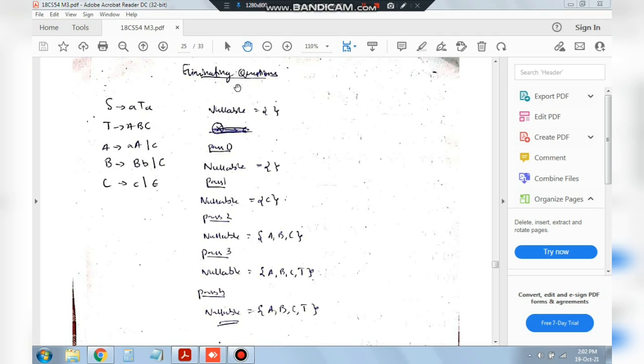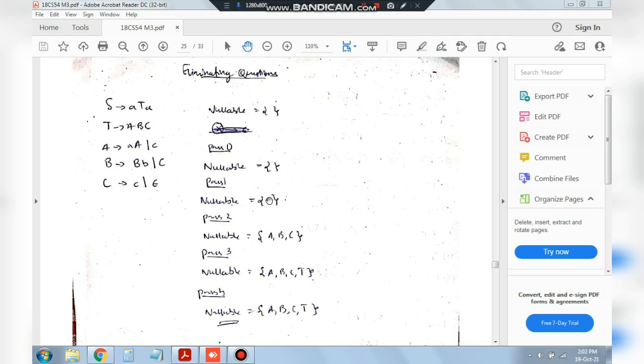The next one is the elimination questions, in which I will be given the letters here, and the terminals and the non-terminals will be given here. And these are the nullables which we will be writing here. So what is nullable? Firstly, we'll be scanning through all of these, and initially the nullable set will be empty, which means nothing will be there. After that, we'll be finding those letters which reach epsilon, and those will be included in the nullable set. As you can see, in the first pass, the letter which is reaching nullable is C.